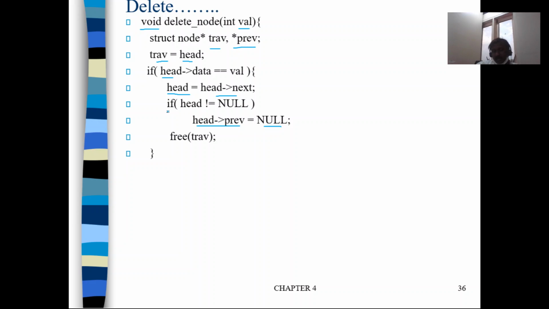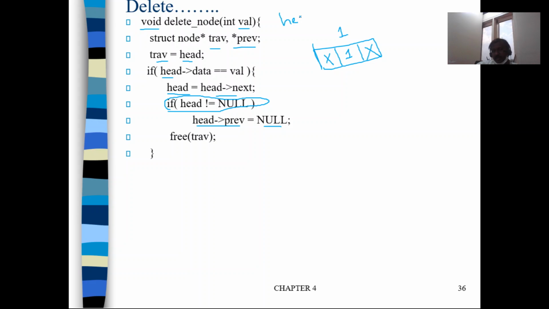But before doing that, we are checking if head is equal to null. Why are we doing this? Assume there is only one node in the linked list, with the value 1. Its next is null, its previous is also null. Say that the user wants to delete that node. It checks if head->data equals val. Yes, the user wants to delete this particular node, then head = head->next.